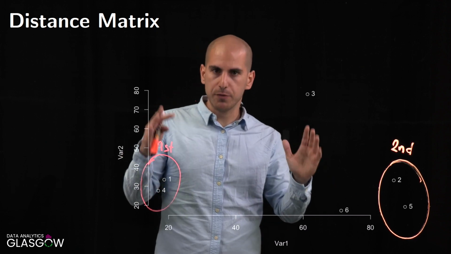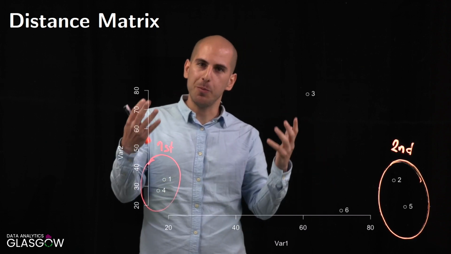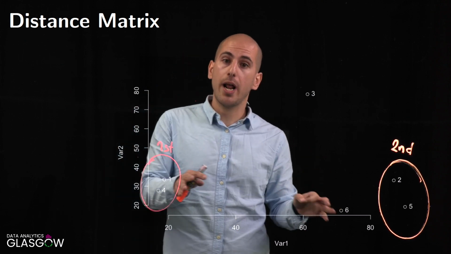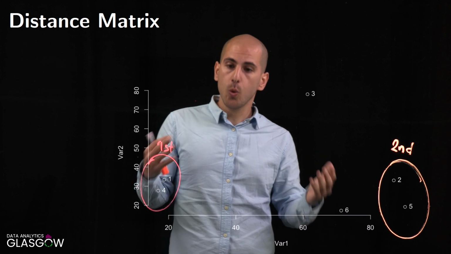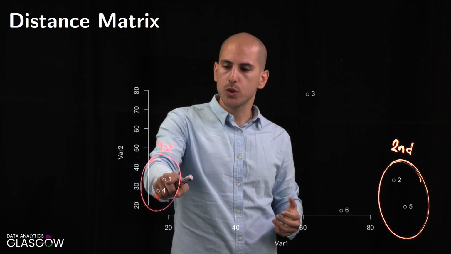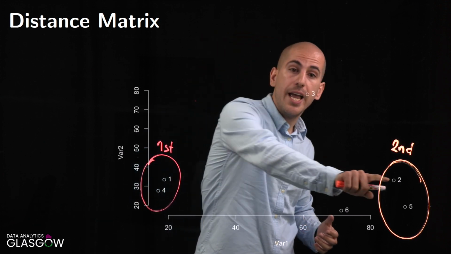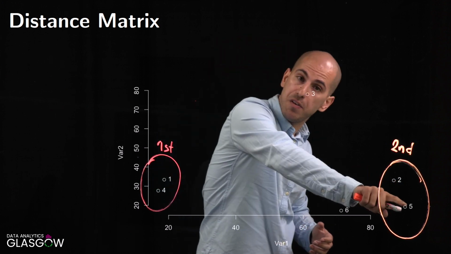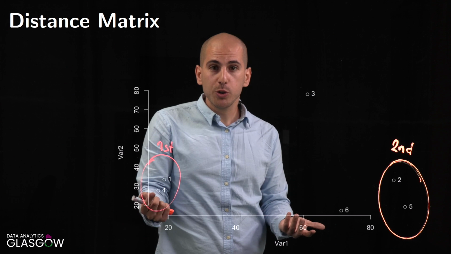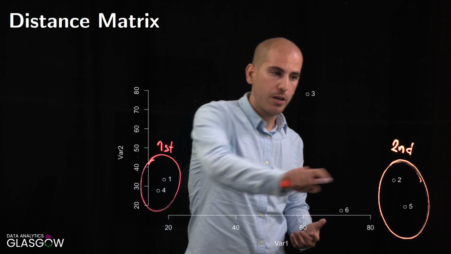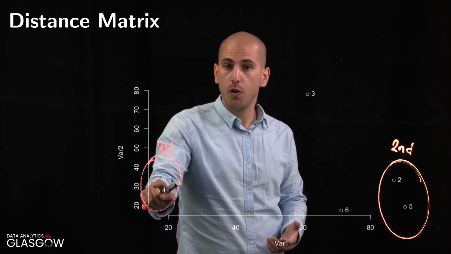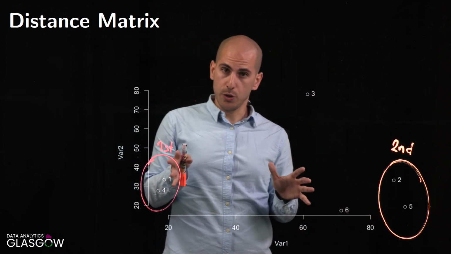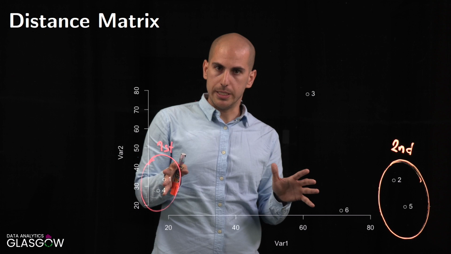We're actually not going to have to do anything because this is all going to be visual right now. But if we had to write this down, we would have to compute 4 distances. Which 4? Well, we would have to compute the distance between 1 and 2, the distance between 1 and 5, and then also the distance between 4 and 2, and also 4 and 5. Now, because I'm a bit bored and I also don't know the answer, I'm not going to compute the distances,